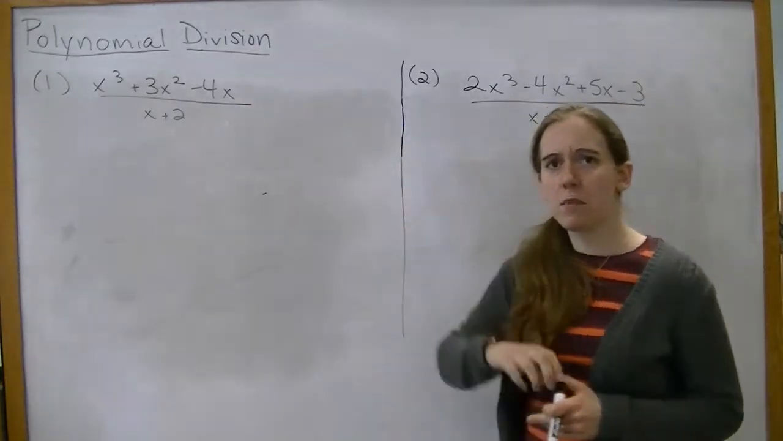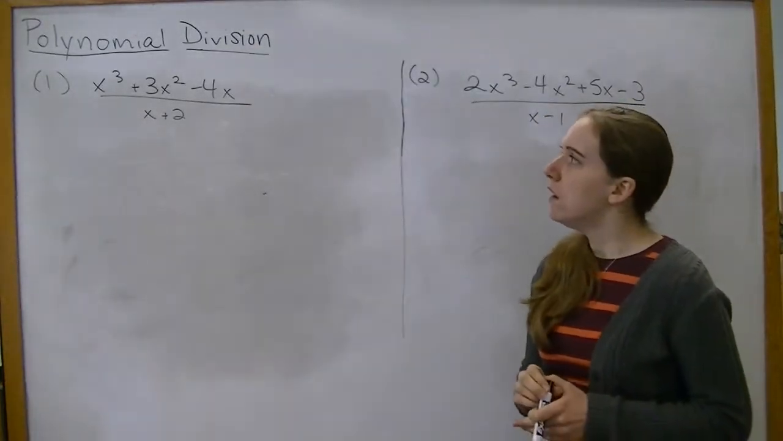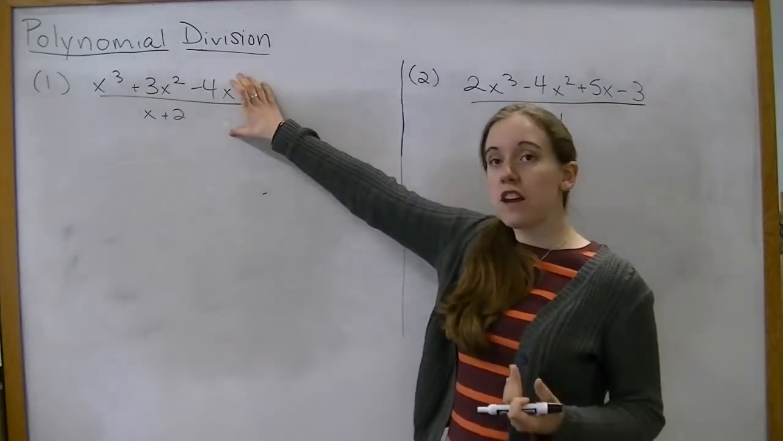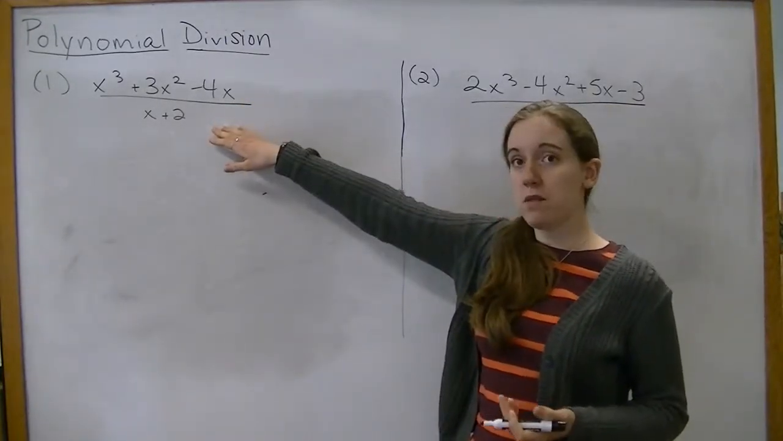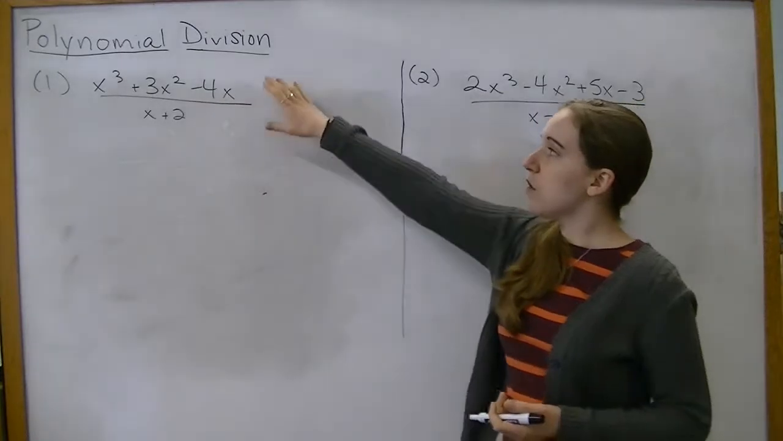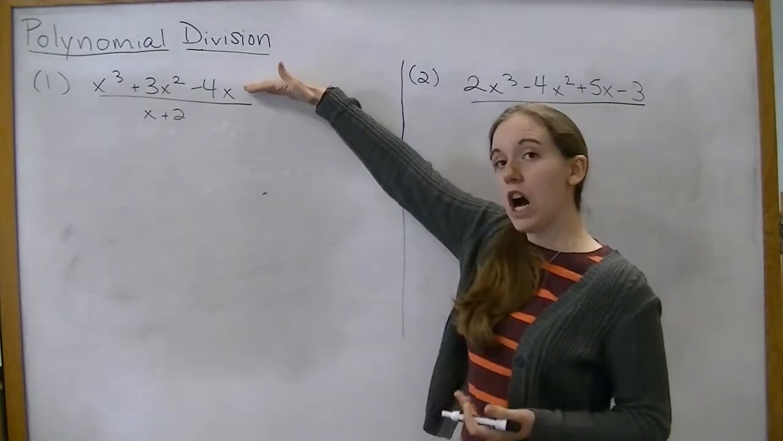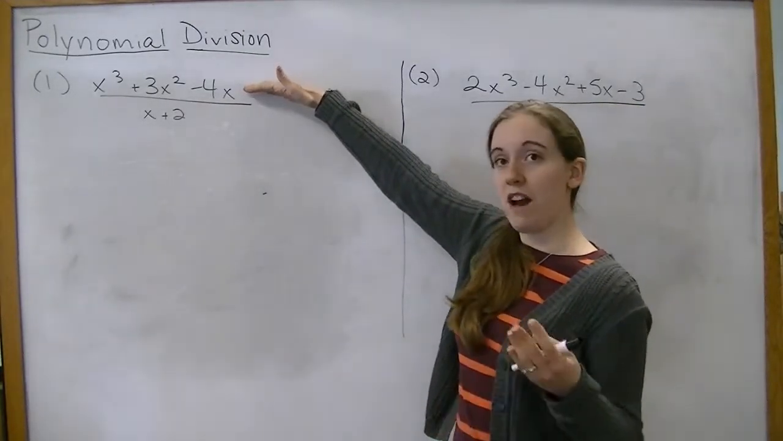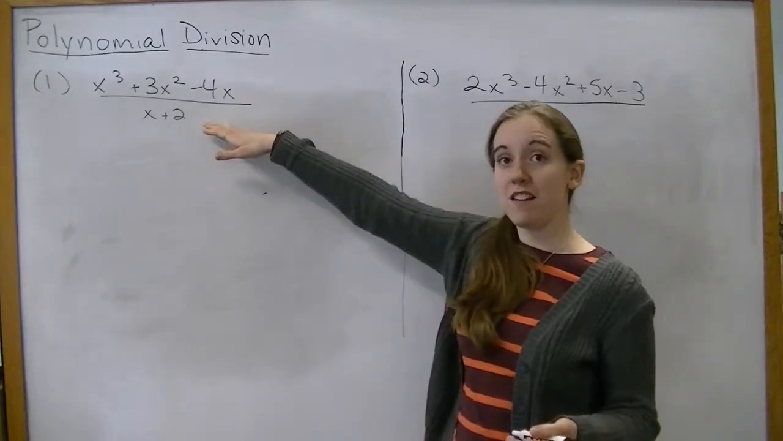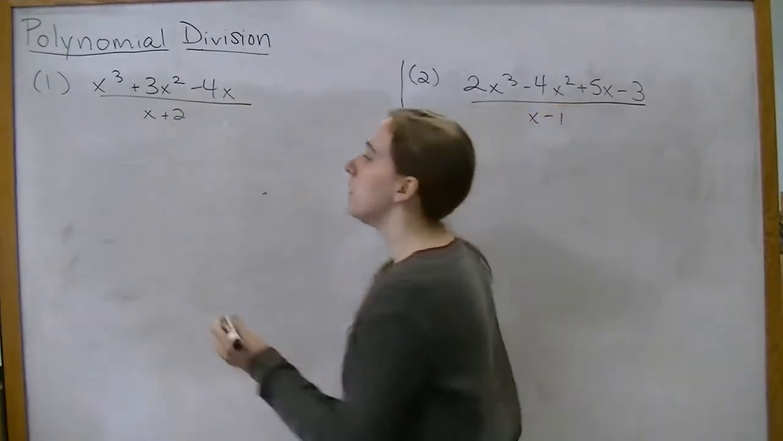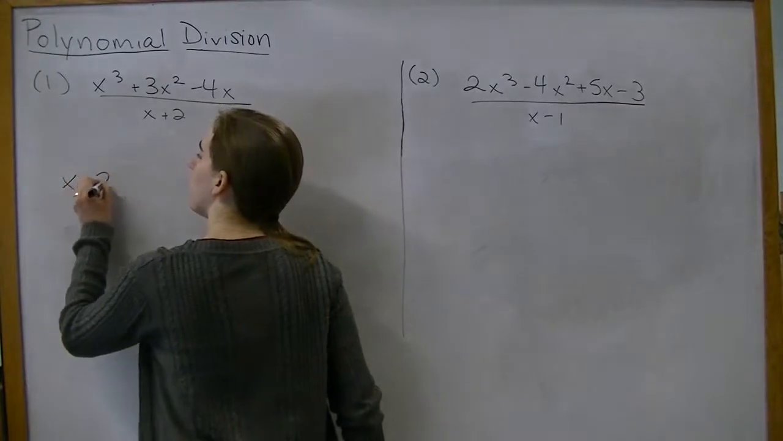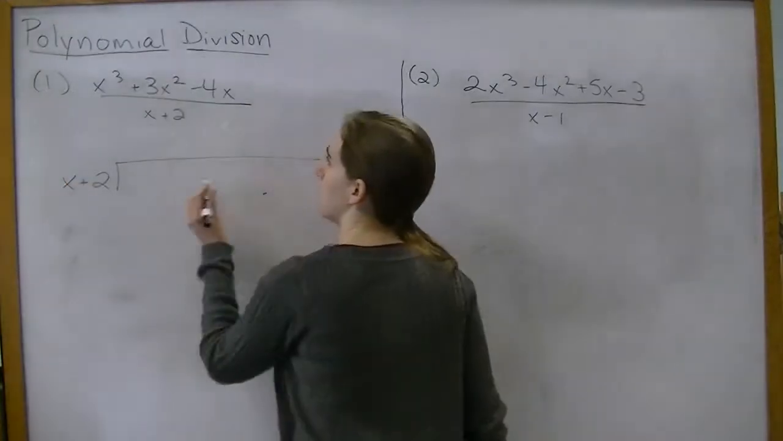Let's look at this example as our first one. So notice I have a rational function here, or a polynomial divided by a polynomial. And so the polynomial on top is my dividend, that's what I'm dividing into. The bottom is my divisor, that's what I'm dividing by. So when I set up the division, it looks just like traditional long division,